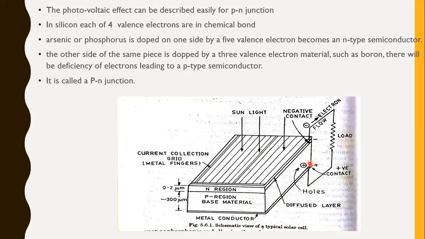The collection of charges from the front of the cell is aided by a fine grid of narrow metallic fingers. The surface coverage of the conducting collectors is typically about 5%, to allow as much light as possible at the junction areas. An anti-reflective coating is applied on the top of the cell.